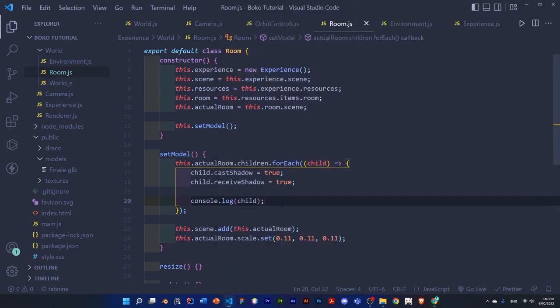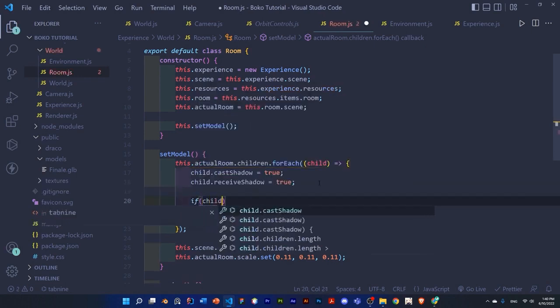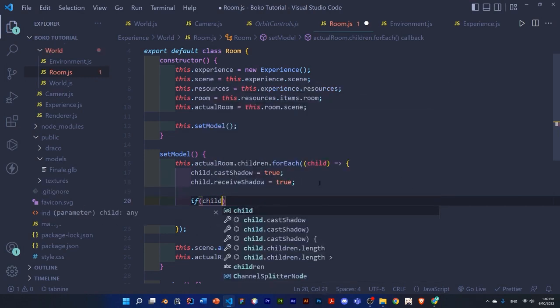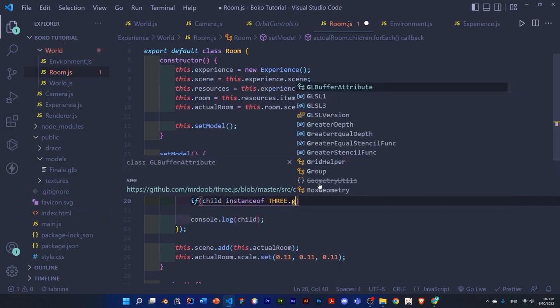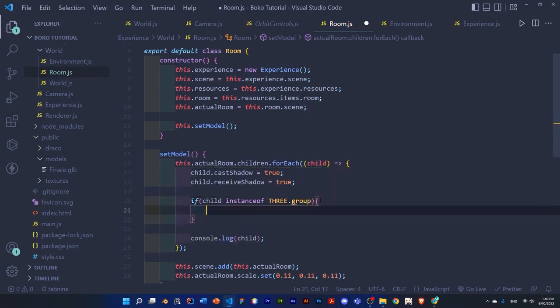So let's fix that up a little bit. So we can also check if they are a group. So if the child is an instance of THREE.Group, then for each child in that group,